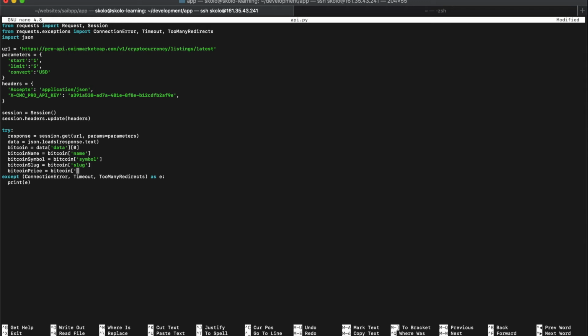I need to make sure the spelling is right so I don't get errors. So the Bitcoin price is the quote, and then after the quote, you need to get the USD. Then after the USD, you need to get the price. So let's then print